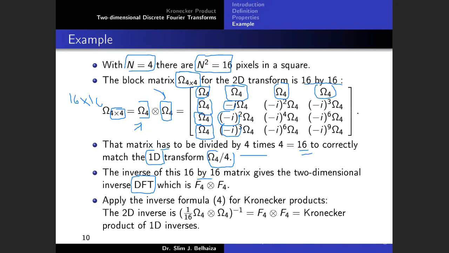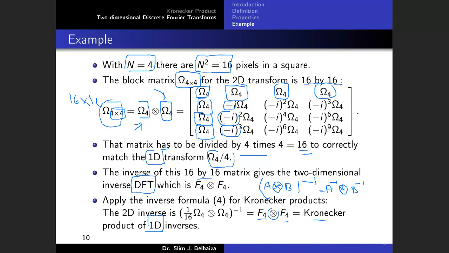If you apply the inverse formula we've seen before for the inverse using the Kronecker product, which said that A Kronecker B inverse is A inverse Kronecker B inverse, you get that 1/16 multiplied by that matrix omega 4 is the Fourier matrix of size 4 multiplied by the Kronecker product by the Fourier matrix of size 4. And you have a Kronecker product of